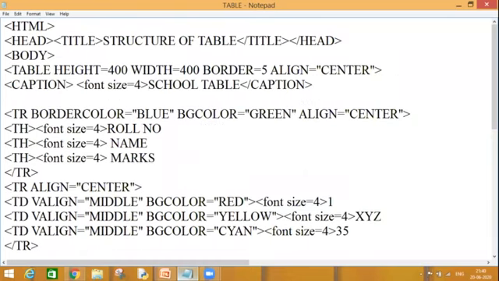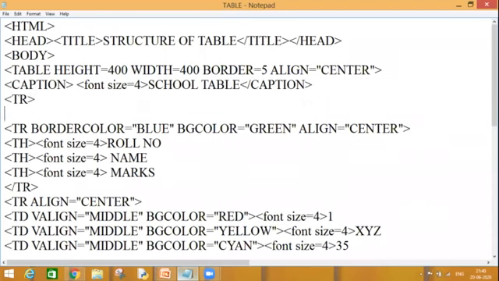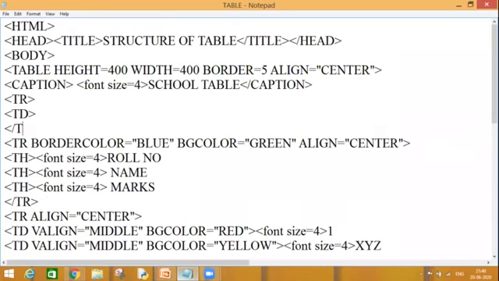So before this, I'm going to add one more row having one column, right? I'm only going to add one column where I want to write class 10. Okay. So now let's have a look at how my table will look once I add one row at the top having one column.